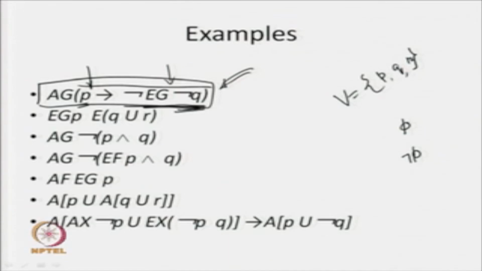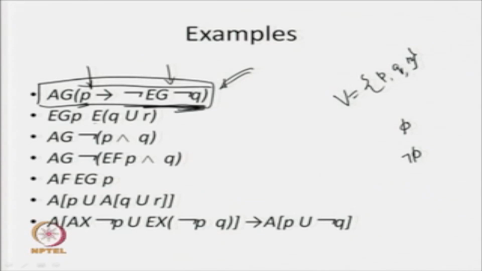So, in the second example, you just see that this is Q until R. This is the until operator, and Q and R are CTL formulas. So, E Q until R is also a CTL formula. Similarly, E G P. P is a CTL formula, so E G P is a CTL formula. Now, if we look at E G P E Q until R, then you will find that this particular operator